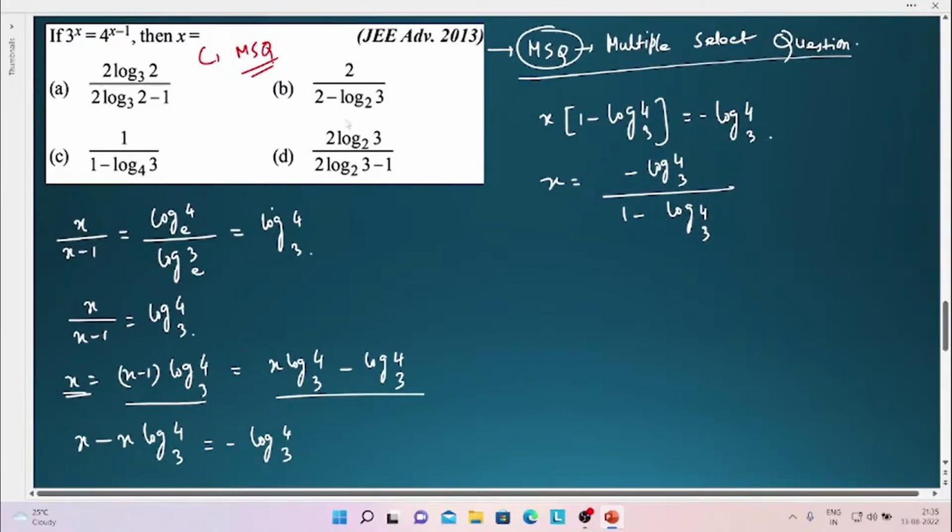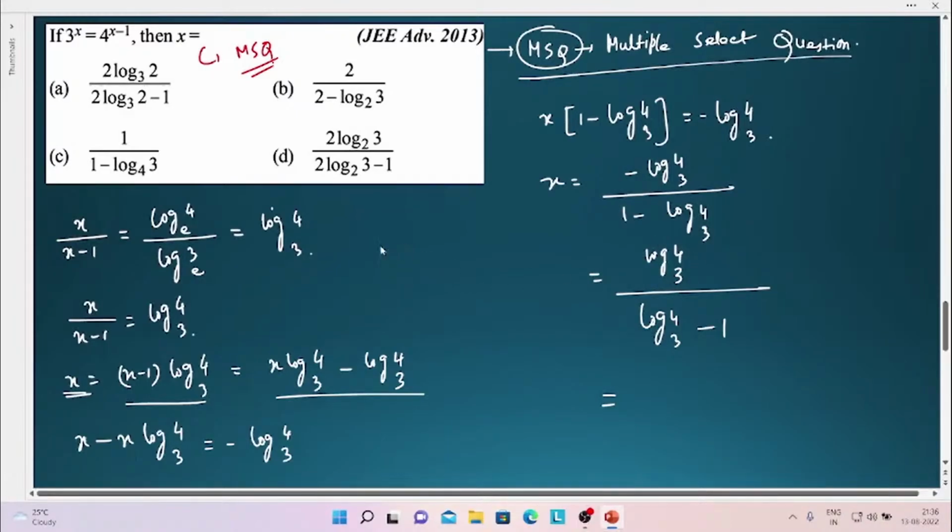So let me check if there is any such option. There is no option related to that, right? So if I multiply the numerator and denominator by a negative sign, it will be log 4 base 3 upon log 4 base 3 minus 1, right? Let me again check if there is any option. No, there is no option. So basically we can just